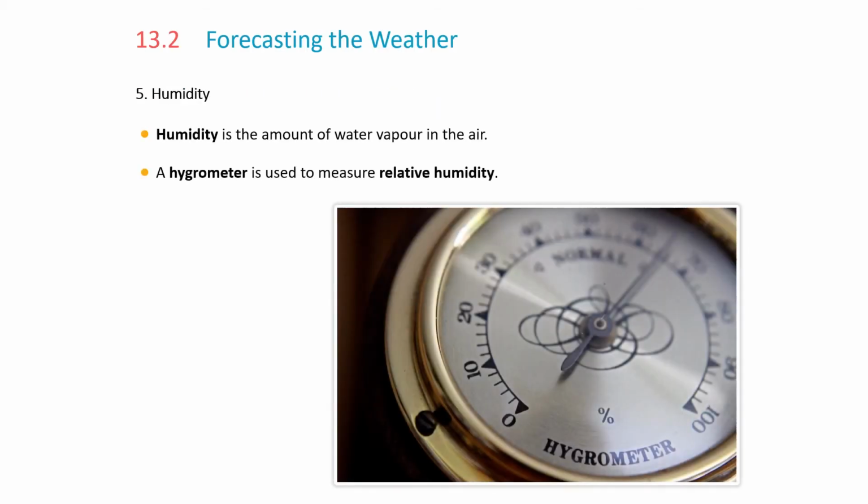Next, we are going to look at humidity. And what humidity is, it is the amount of water vapor that's in the air. And a hygrometer is used to measure relative humidity, and it measures temperature and humidity. Inside it, a very thin piece of paper is attached to a coil, and when it absorbs air moisture, the paper then expands, which causes the coil to rotate, and which moves the humidity needle, and that's how we record